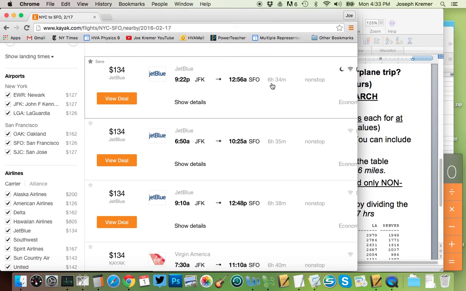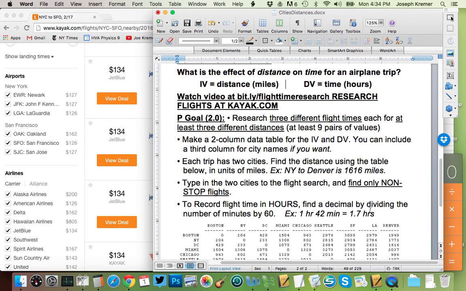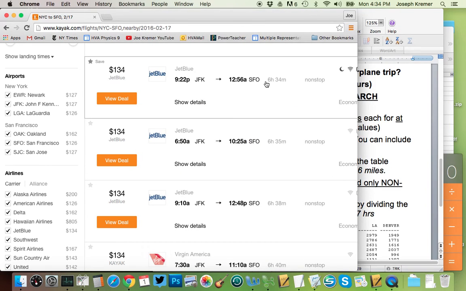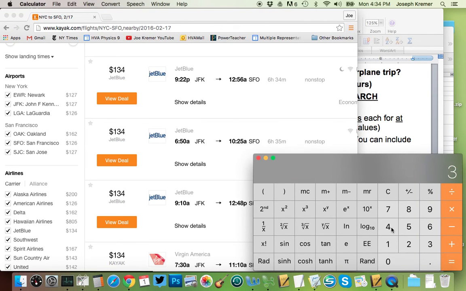One last thing, you notice this is not given in units of hours really. It's given in units of hours and minutes. But in order to enter this into the data table, we need to actually calculate how many hours this is as a decimal. In order to do this, we need to take the number of minutes and divide it by 60, because there are 60 minutes in an hour. We're going to figure out what decimal value of an hour this number is. So for example, if I found 6 hours and 34 minutes, I would say 34 divided by 60